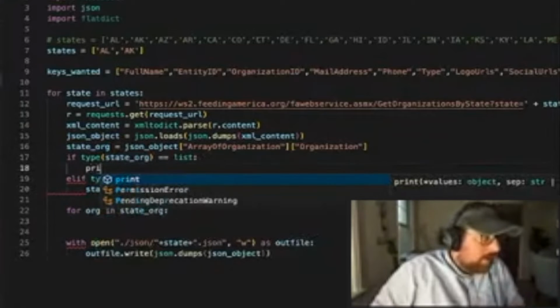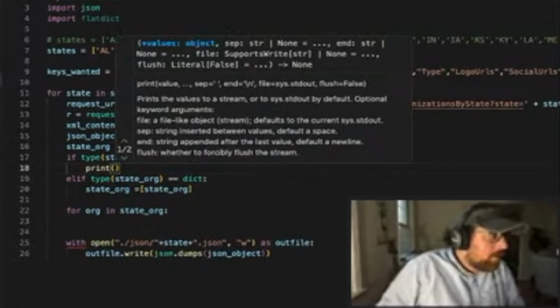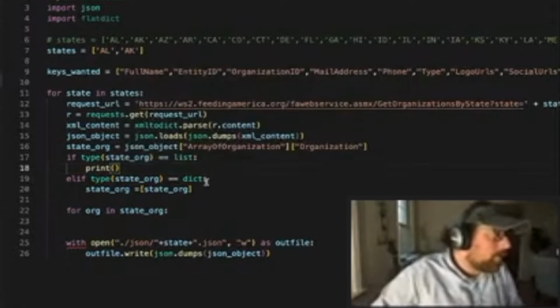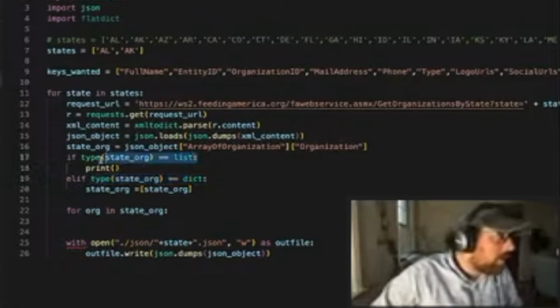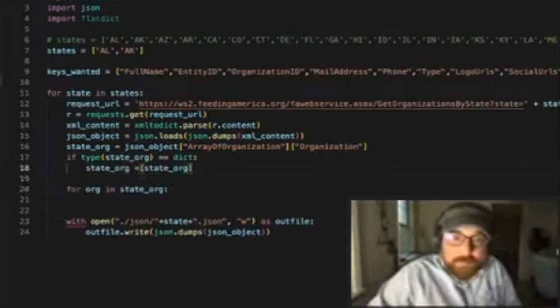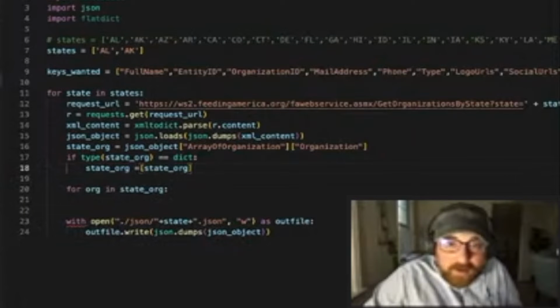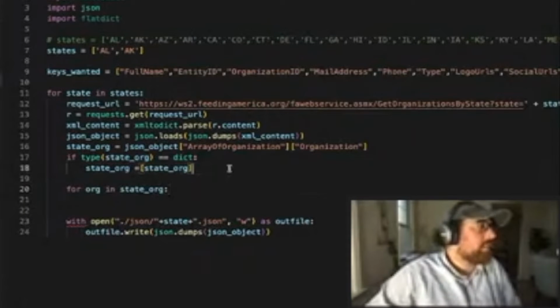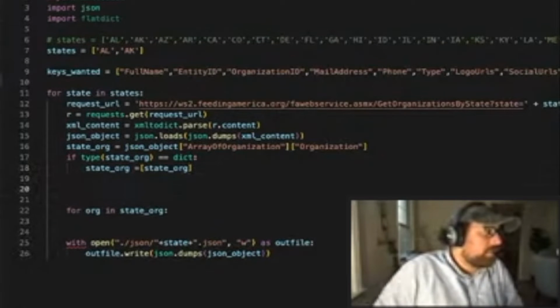let's see. I gotta put something in here. Ooh, I could just replace this here. So sorry, optimizing code. If it's a dictionary, let's replace it. Otherwise, leave it alone. That way we don't have to have this else here. There's no need to have it. So now that we're guaranteed to have a list of the state's